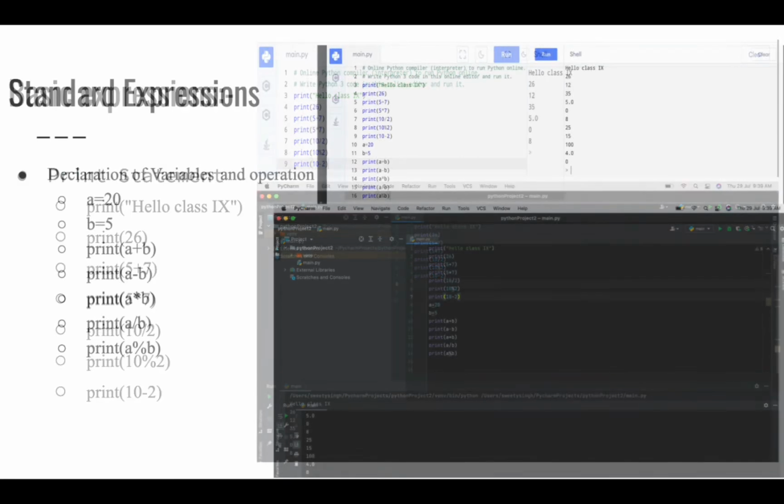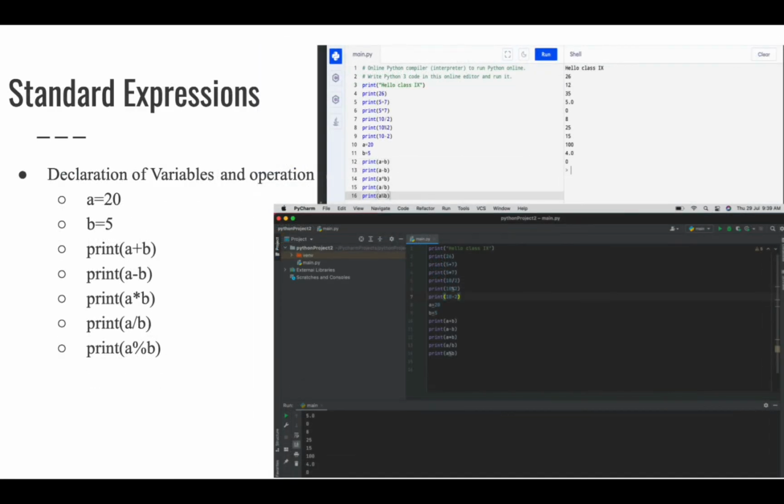Now let's move on. Here I have mentioned the standard expressions where we will be using variables, and I'll also show how you perform operations on variables. As we discussed in the previous classes, variables are containers in which we can keep numbers, floating point numbers, strings, alphabets, lists, dictionaries, and everything.